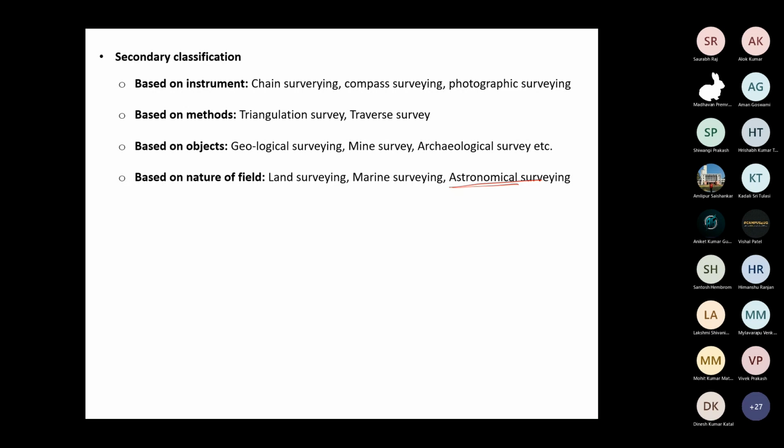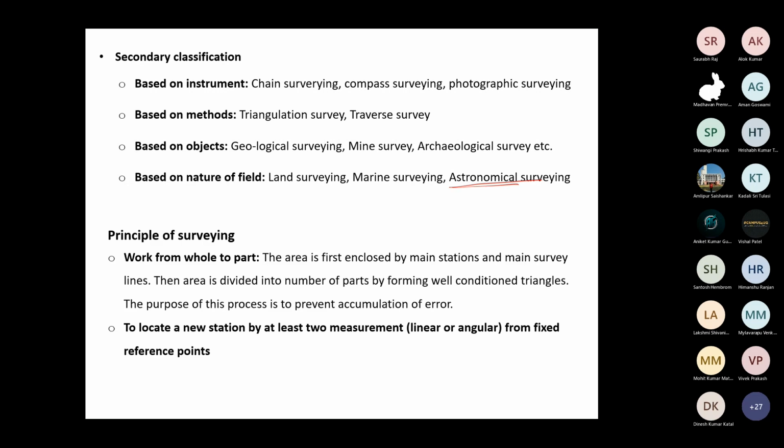The subject has very different branches. If I'm a geological person, I will do the geological survey. If you're working in mining, we'll do the mine survey. But on top of that, the basics remain the same. So in this course, we'll show you how to measure direction, distance, elevations. This is our major concern for this subject: what instrument you will use and what is the science and technique behind that. That is our concern.